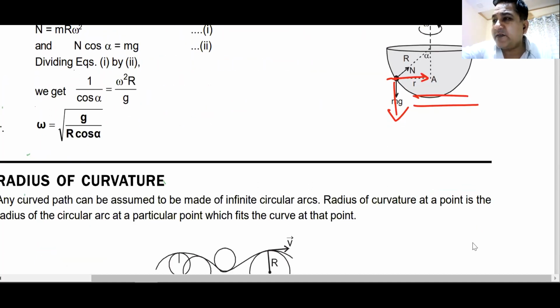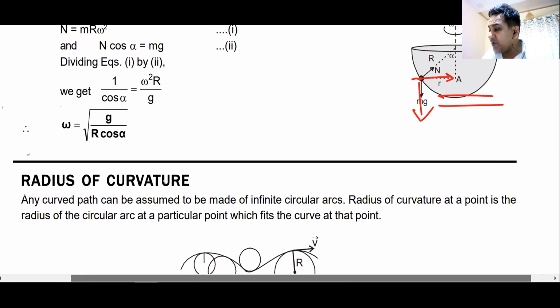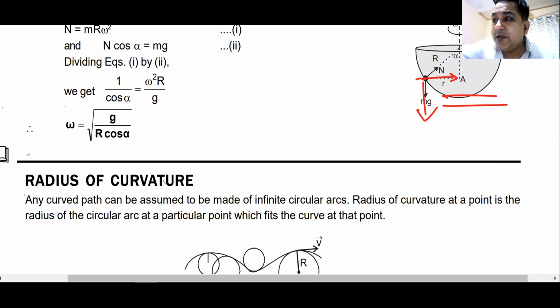Do we understand this? Can I have some raised hands that we understand it, sir? Whatever happens, now we are sure how to make equations. Only three directions we have to look at. Many times students ask me, sir, where to make equations for circular motion? Three directions I've given you.